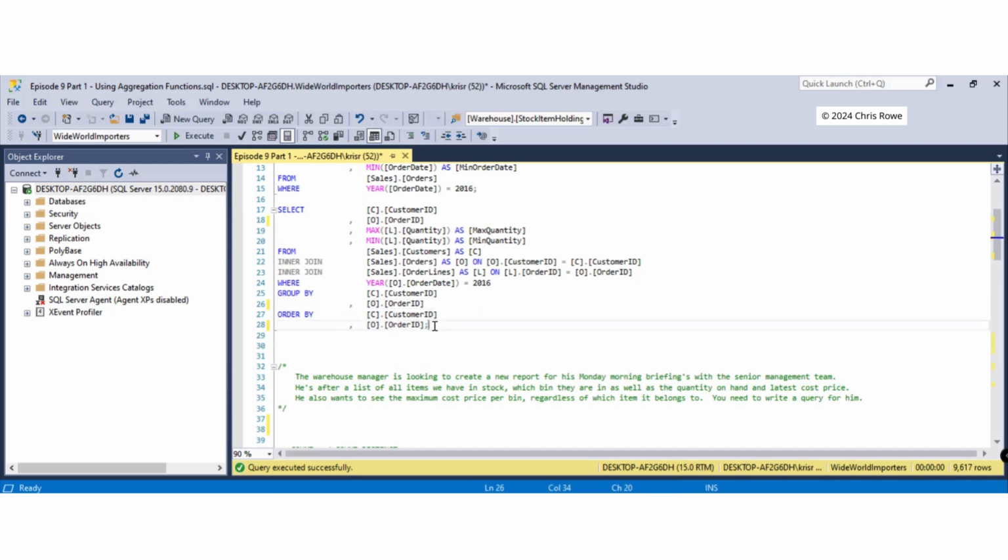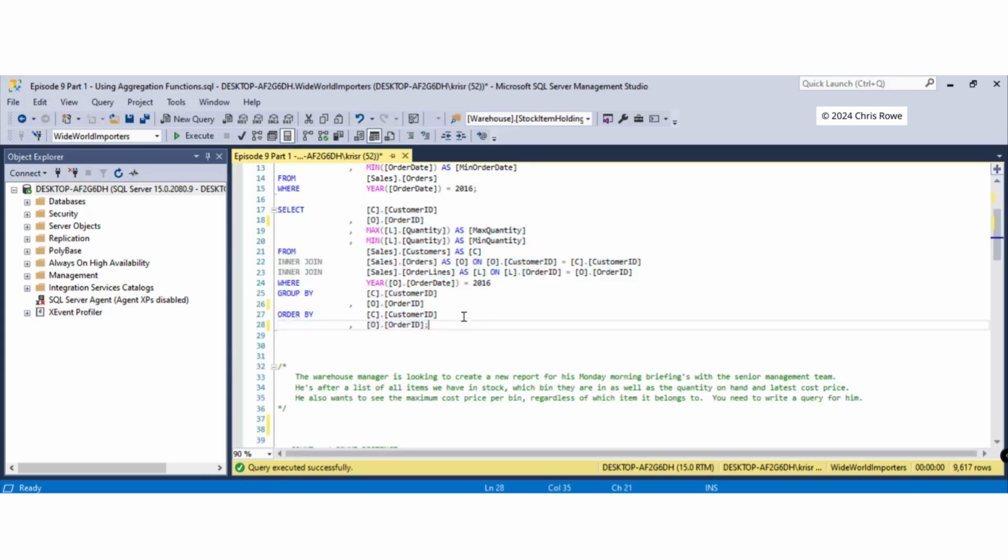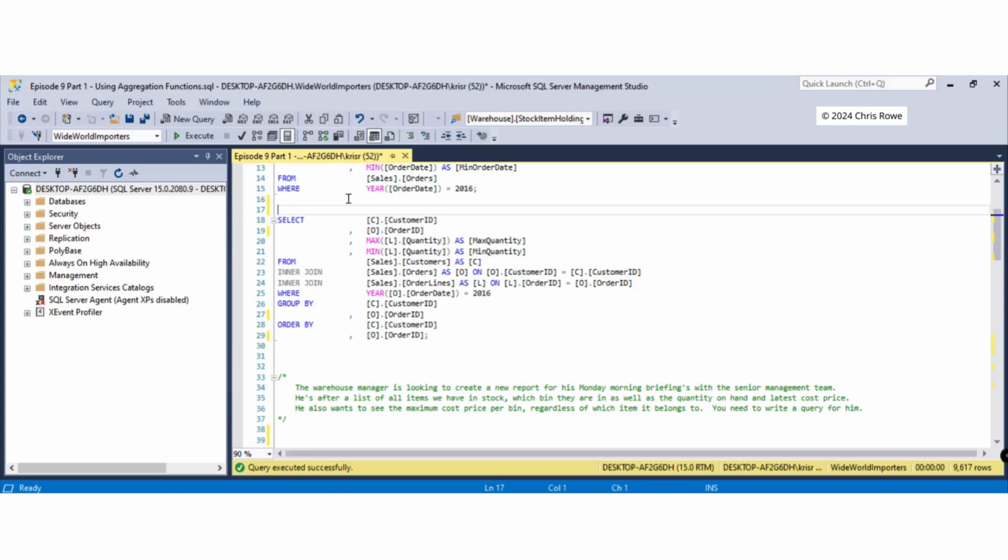So for example, you wanted to show this here, but at the end of each row you also wanted to show the maximum and the minimum quantity for each customer ID. Well, one of the quickest and easiest ways to do that is to simply put the same query as either a subselect or as a CTE, and then join it in. So what we'll say